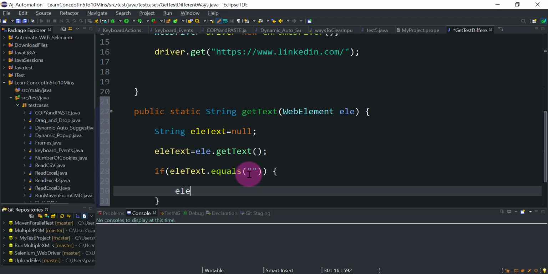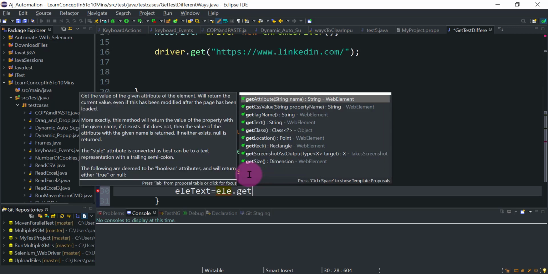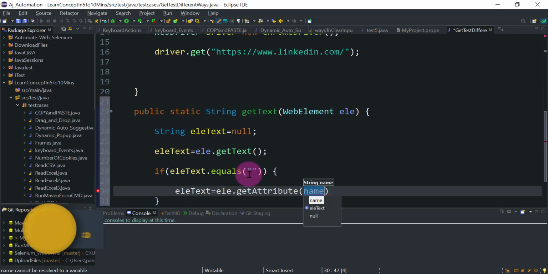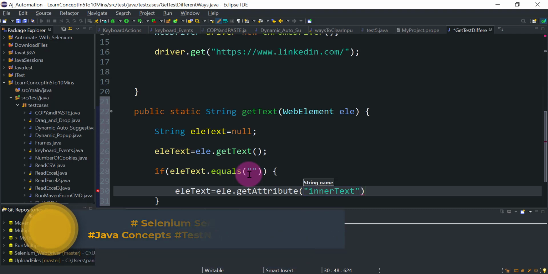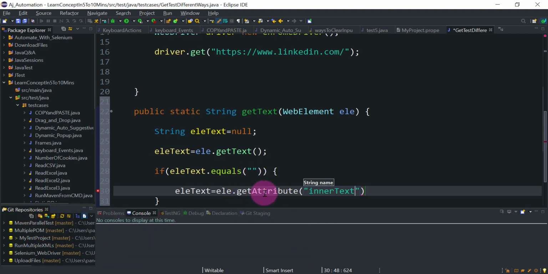The first alternative is elementText equal to element dot getAttribute method, and in this we can get the text by using the innerText value. So element dot getAttribute innerText. This should also return the text associated with the web element. So this is the first alternative to the getText method.